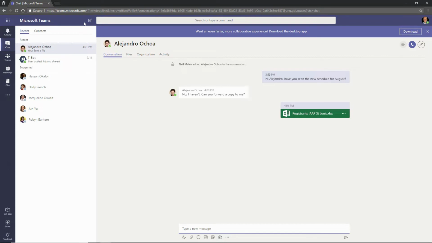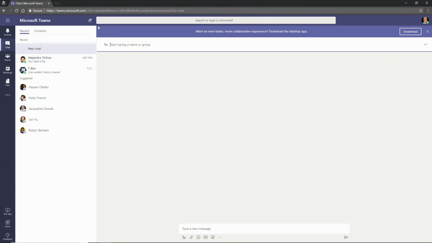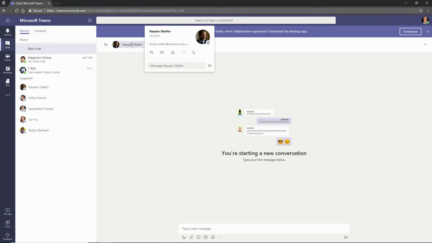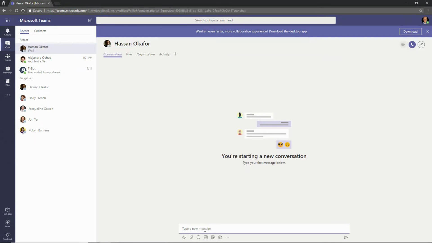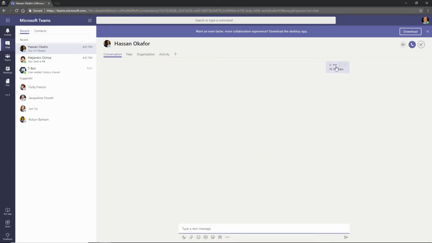Up here at the top, I can click on the little pencil icon for a new chat, and I can write a new chat between myself and, let's go with Hassan. So I just type in HAS, it finds Hassan's account, and I go ahead and grab it, and then I say, hi, Hassan. Now, besides, of course, text, as you've seen so far, and attachments, we also have the ability to add things